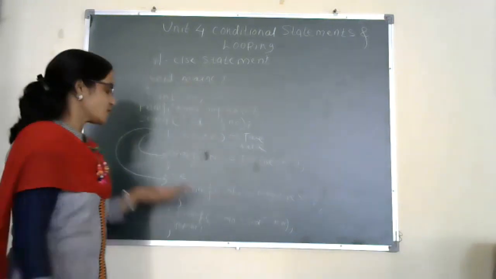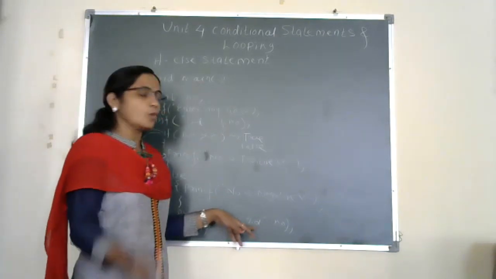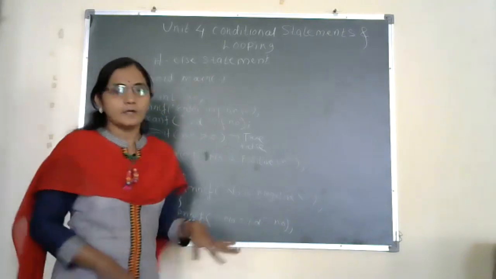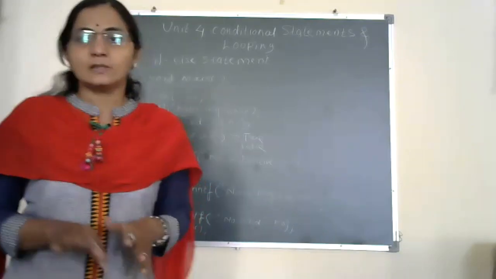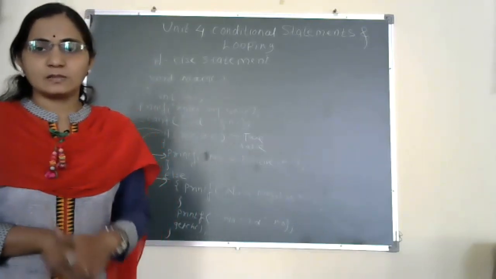It directly jumps to the else part and evaluates "number is negative". And after that, the statement X, which in this example is the number entered by the user, will be displayed on the screen. So this is about the if-else statement. Clear? Any doubt? All of you understood the concept of if and if-else statement?